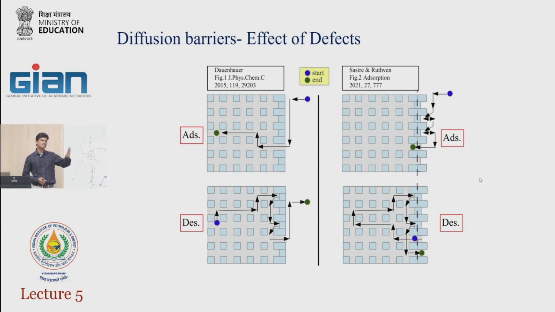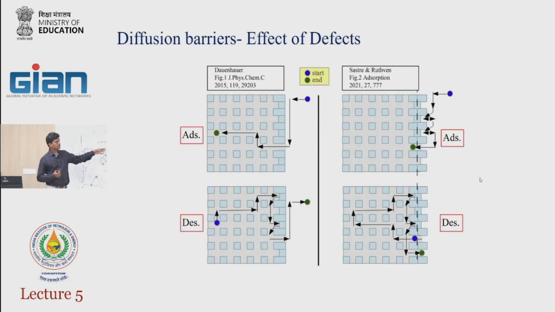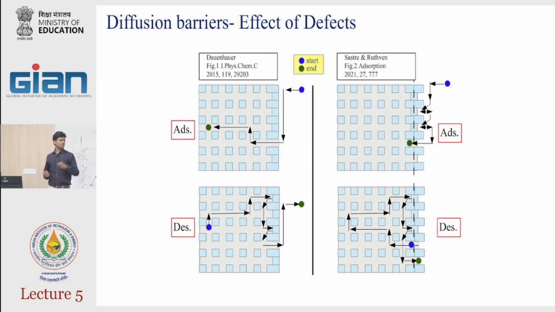So what people have done is this, right? They first perform the experimentation, get the diffusivities, and then perform the simulations in two extremes. One end is no defect at all, another end is 100% fully blocked, and then they get the diffusivities in both cases, and then they see how much percentage of pores are blocked in the experimental setup. It's kind of like you go back and see. Okay, oh my god, we are running late, but